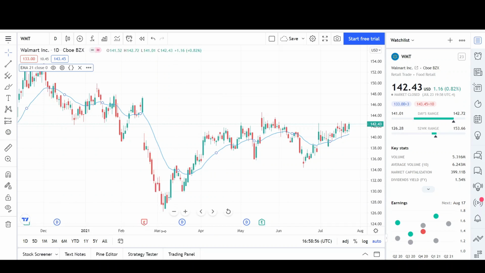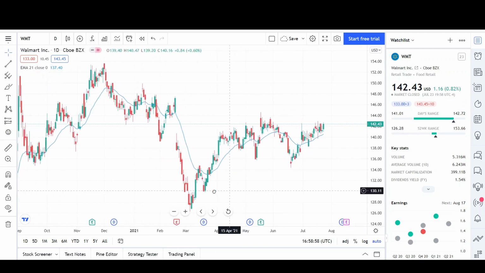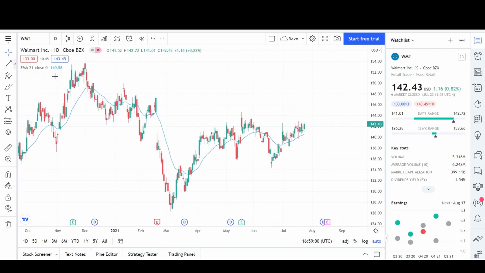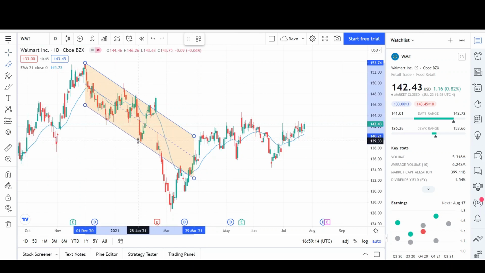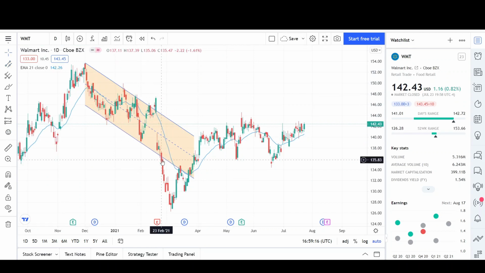So here we have the daily chart for Walmart, and the first thing that I noticed is that price was in a downtrend before selling off right here, and then we had a reversal, a V bottom. I'm going to go ahead and put some drawing tools on here, such as the parallel channel. As you can see here, this channel was holding really nicely, and then we had a breakout side and a move to a new low, and then we reversed, and then price went inside of this uptrend